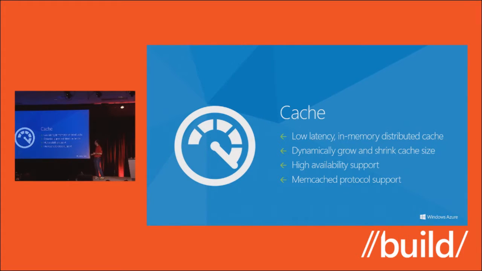The cool thing about a distributed cache is it's actually shared across the machines. And so if one machine sticks something in the cache, the other one can automatically access it. And the cool thing also is you can grow it and shrink it dynamically with the same ease of use that I showed earlier. It also supports high availability, so it's dedicated, so it's distributed, so it can be on multiple machines. If you mark an entry as requiring high availability, we'll make sure that we copy that cache into 2 separate cache servers. So again, if one goes down, you can automatically fail over to the other one. And we support both our own protocols, but we've also, as part of this release, added memcached wire protocol support. So if you've got a client library or an OSS package that uses memcached, you can point it at our cache server and it just works.